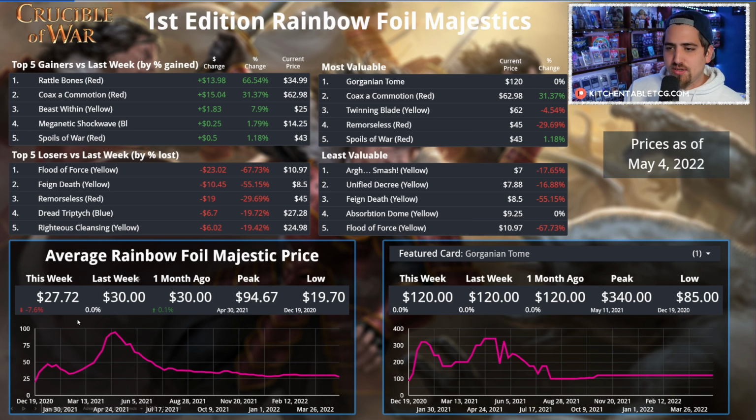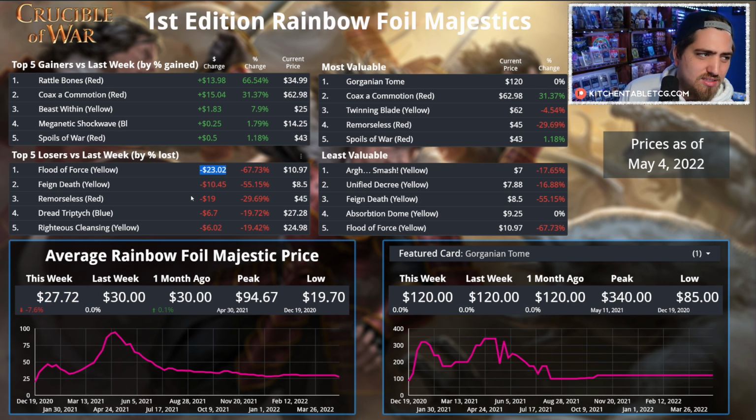Looking at your Rainbow Foil Majestics, we're down to $27.72 on average, which is down 7%. Flood of Force was picked up, I can't remember exactly what caused Flood of Force to go up, but that has retraced quite a bit back down to the $11 price point that it was before the buyout happened on it. Rattlebones is up pretty considerably to $35. Cooks of Commotion is up. There's a lot of movement, a lot of interaction, a lot of cards moving and changing pricing. But all in all, we're down 7% to an average price of